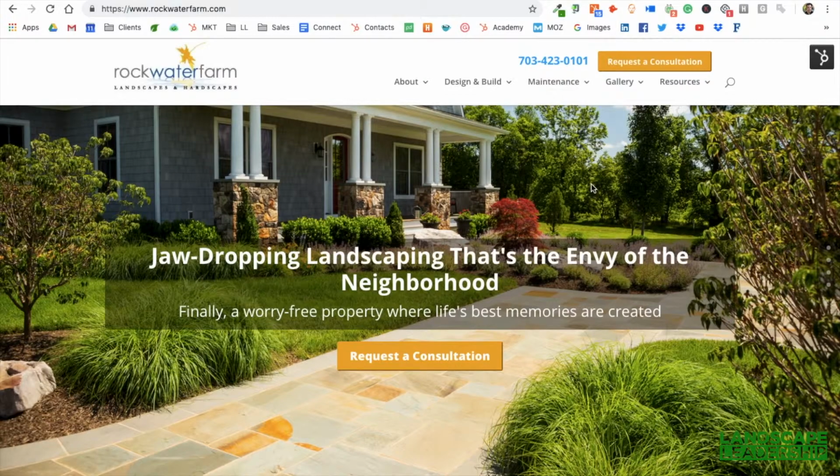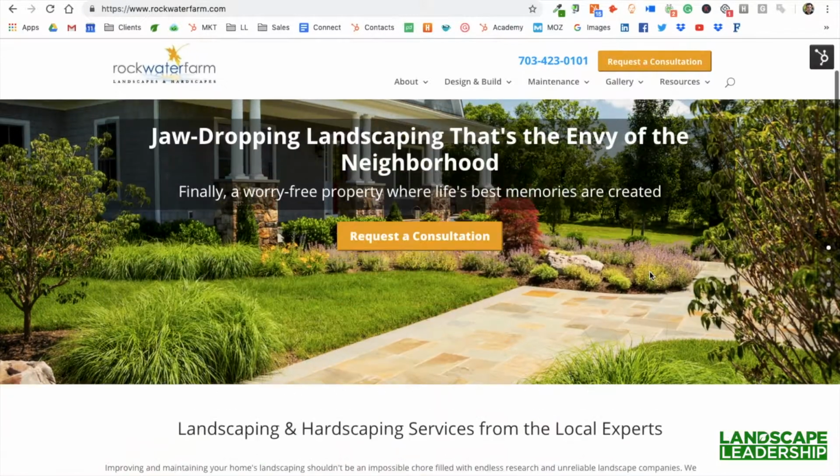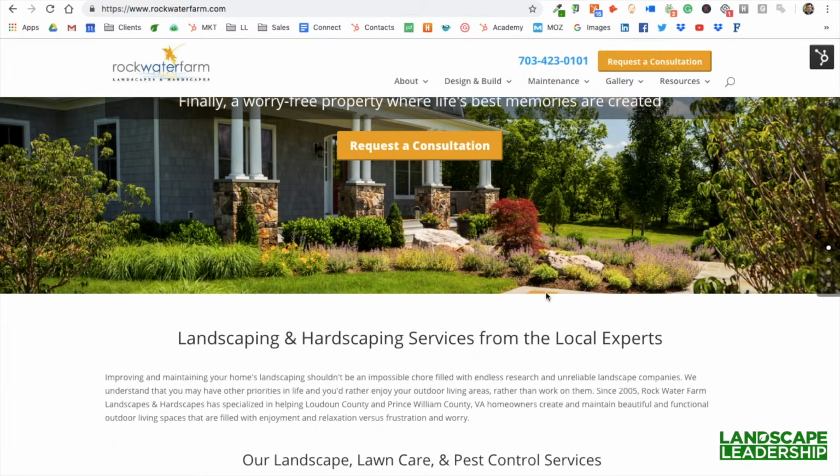So here's another great example. Rockwater Farm is a client that performs a full array of maintenance services as well as design build. After we go underneath the hero image here, we look at the copy that shows up on the page and it says something like this. Improving and maintaining your home's landscaping shouldn't be an impossible chore filled with endless research and unreliable landscape companies.